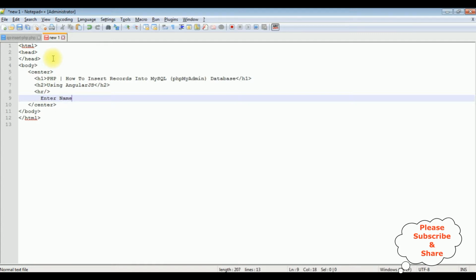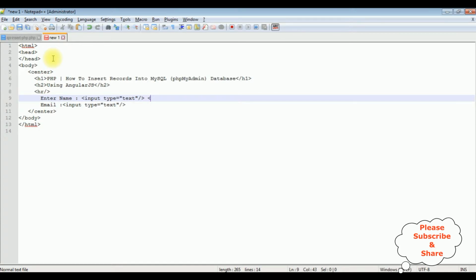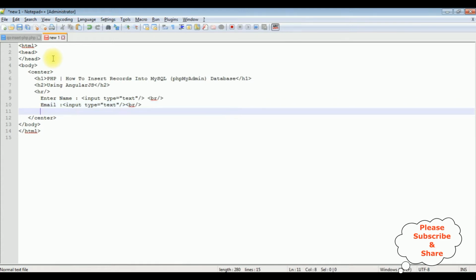Enter name, input type is equals to text, email, input type is equals to text. Let's add the break here, and here also break, and the last text box control is a salary, is a label name, input type is equals to text